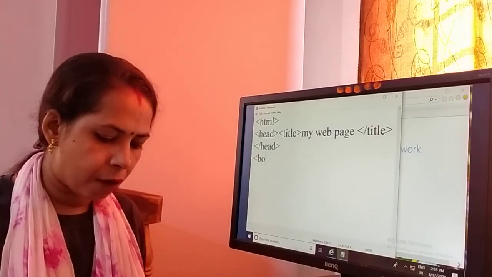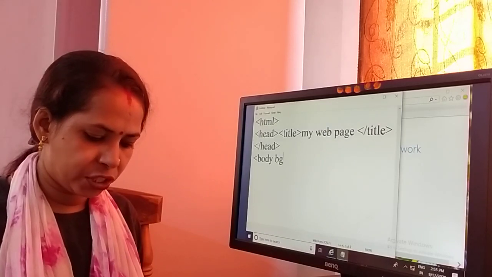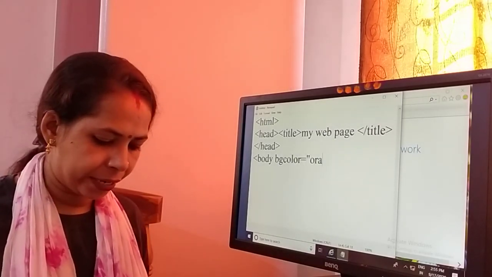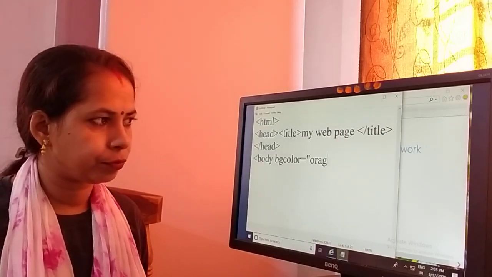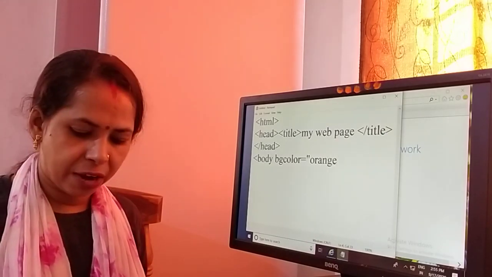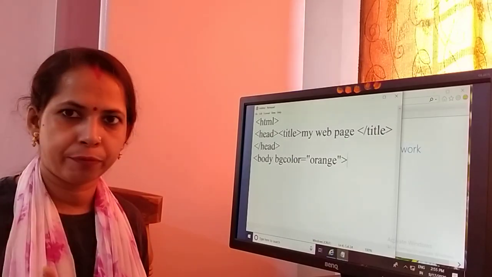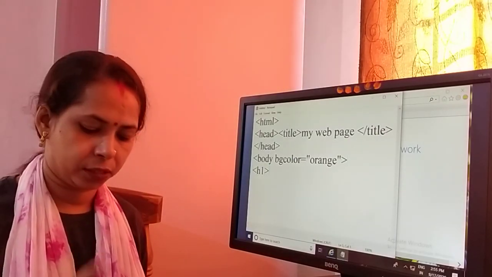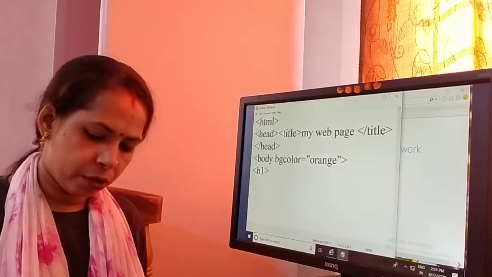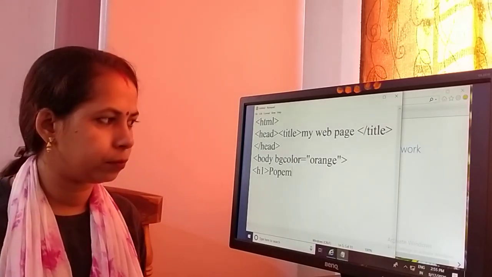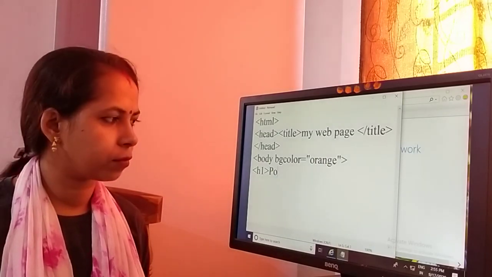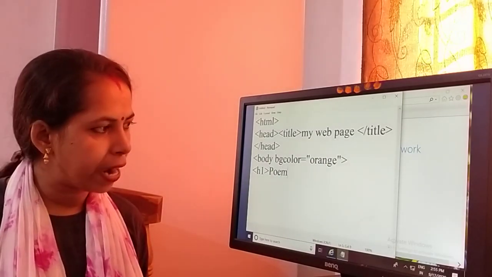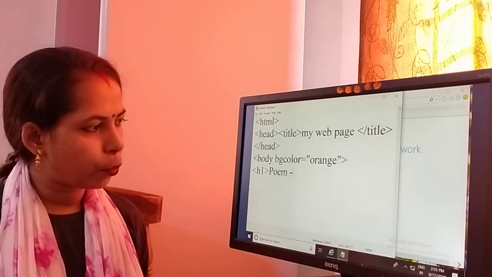So first of all we have to take body BG color. For background we have to write orange color. We have to take the orange color for our background. After that we will take the H1 tag for heading. So what about heading? Our heading is poem. So what do we have to write in the poem heading? Our poem heading is